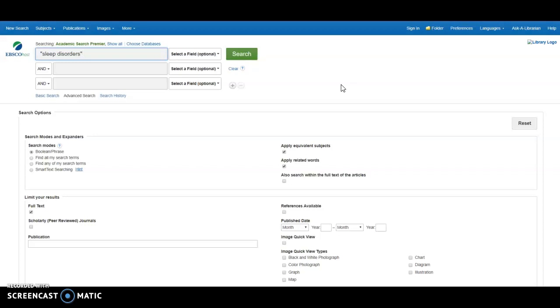Now, if I wanted to do a different type of search, let's say I have a single word, anorexia, but I know that frequently other words come with it or that it's sometimes got related conditions that I might also want to research, I can use what's called the Boolean operator, choose or, and tell the database that I also want to search for the term bulimia, because that pulls up two specific eating disorders. Now, if I decided I didn't want to do those two terms specifically, but I just wanted to do eating disorders, then I would go back up here and in quotation marks, because I need to tie the words together,